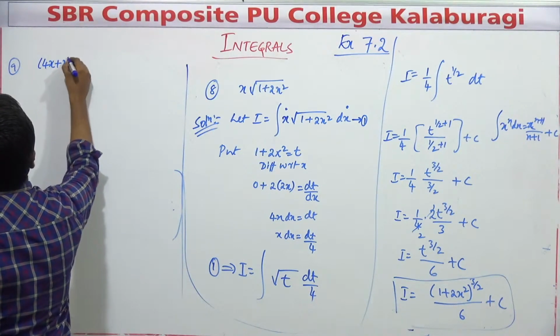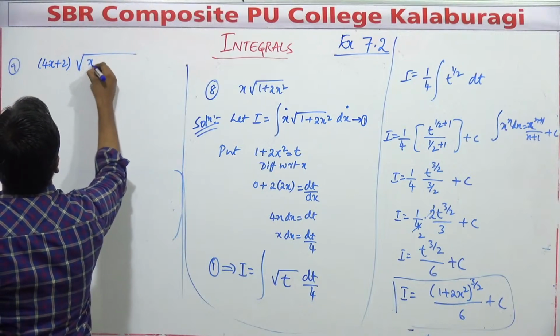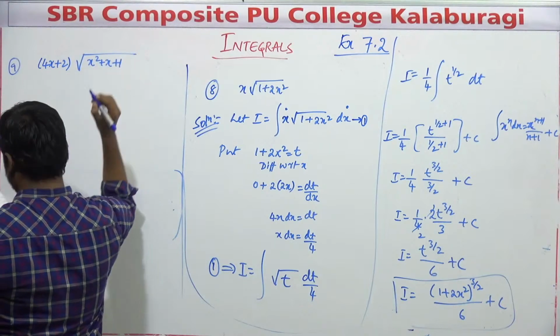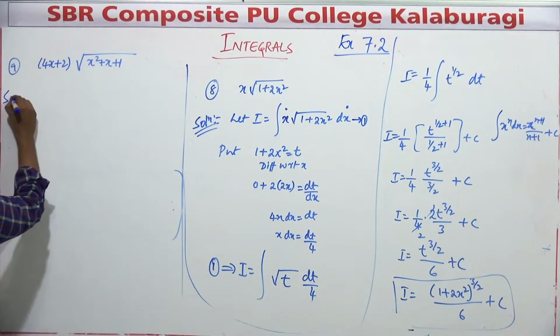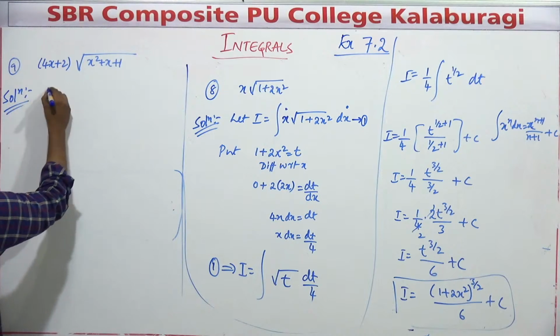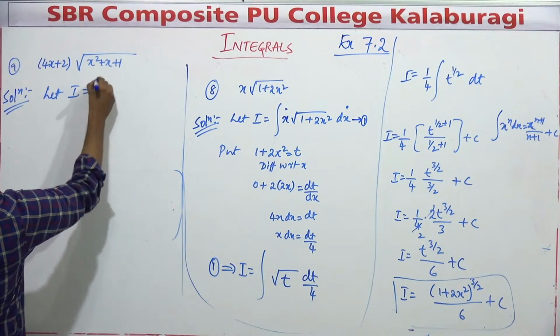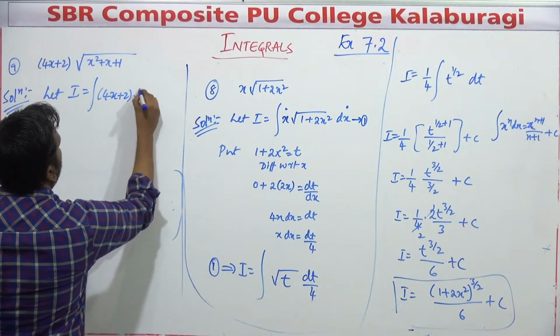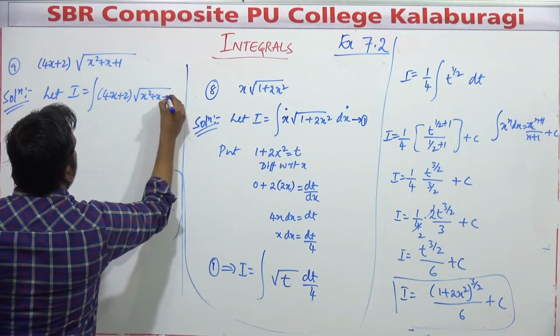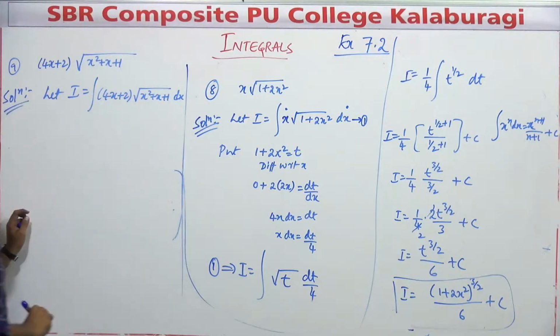4x plus 2. Integrate this one. Solution. Whatever may be the question here, consider it I. It's a 4x plus 2 into root of